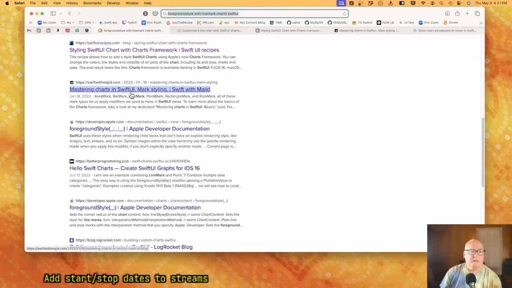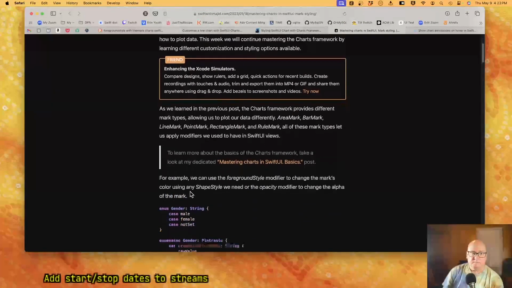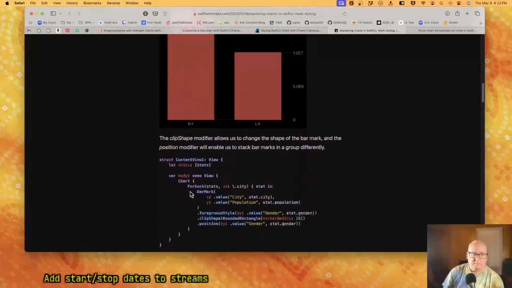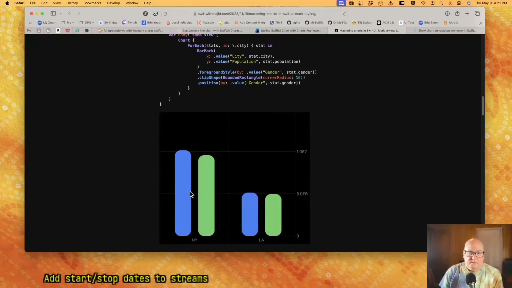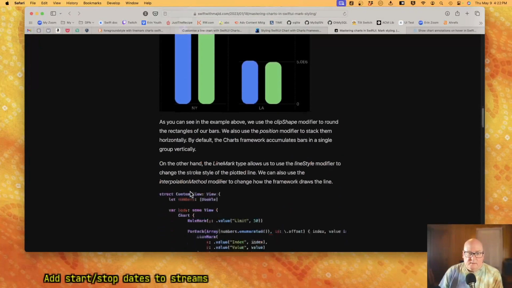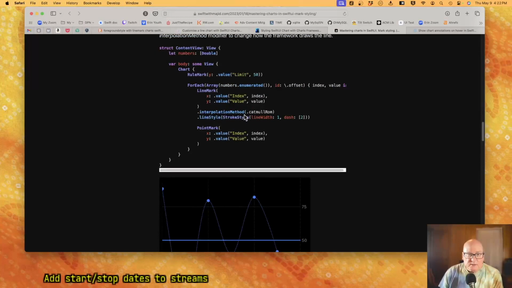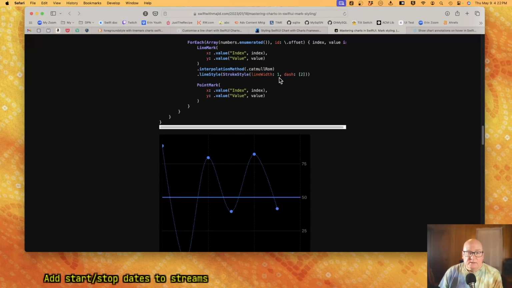Mark Sling. This guy's site's pretty good too. Mastering charts. By value. Oh, there's line mark, interpolation method, Catmull-Rom, align stroke style.